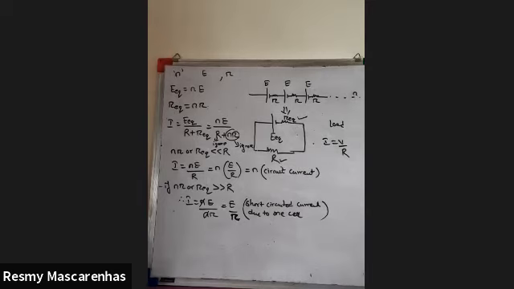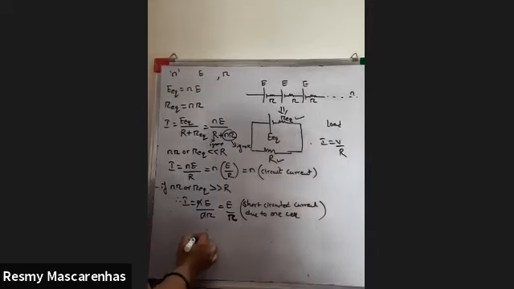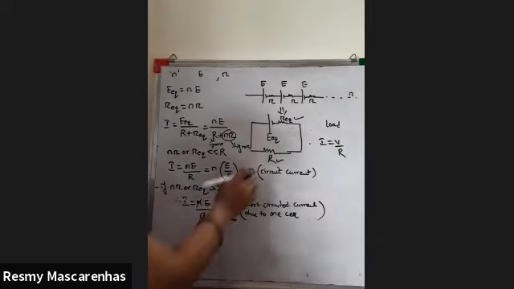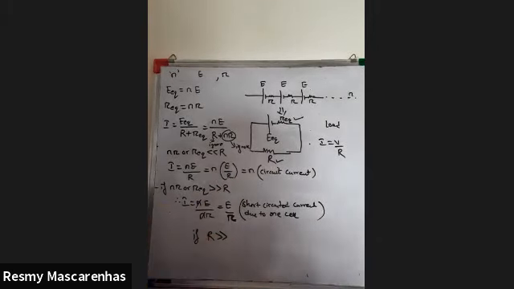I'll repeat again. Maximum current can be drawn from series combination of cells. Please underline maximum current. If external resistance is very large as compared to equivalent internal resistance. So if capital R, this external resistance, is very much larger than equivalent internal resistance, then